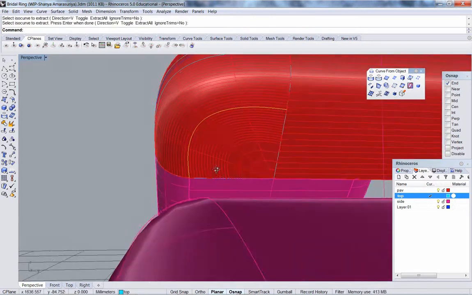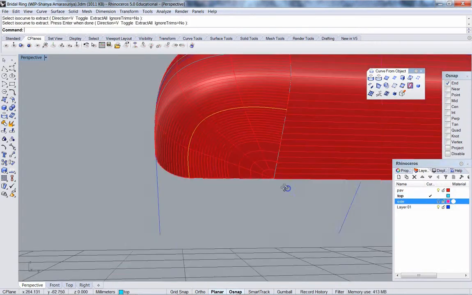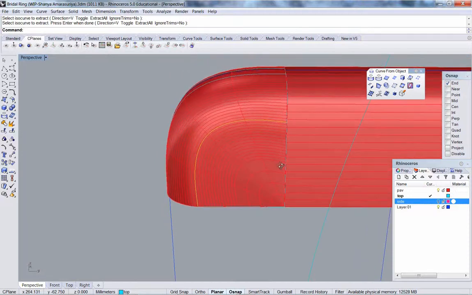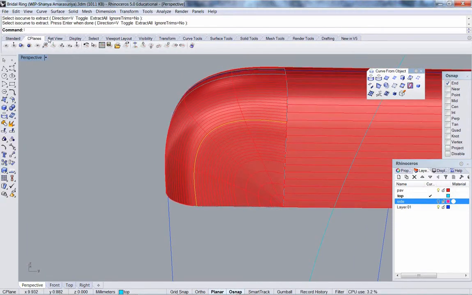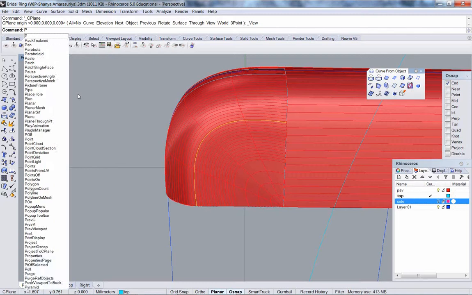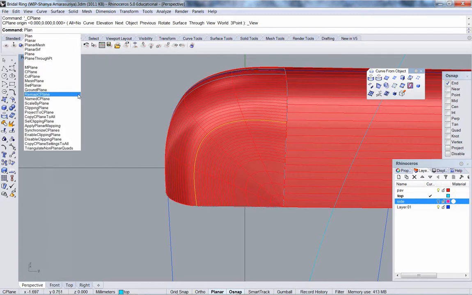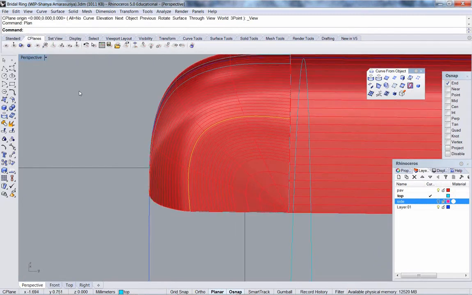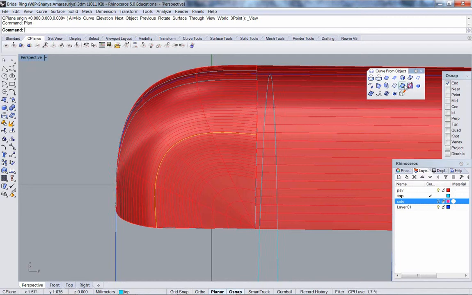I'm going to do the same thing here that I did on top. Rotate it till I get a good view. C-plane to my camera, to my view. Type in plan, so that it's set flush, like a regular top view. And now I'm going to